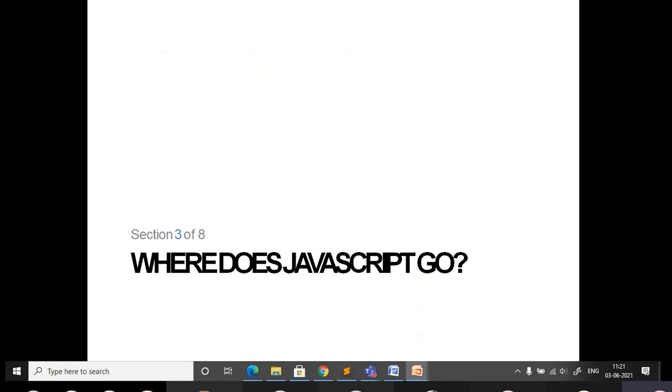So that is all about the two terms you need to remember: graceful degradation and progressive enhancement. Next we'll move on to a very important topic, that is, where does JavaScript go. What is the meaning of that? Can somebody tell what the meaning of this is? Where does JavaScript go? You should respond. The meaning here is where you have to write the code for JavaScript. Obviously, it has to be embedded in the HTML finally, but in the HTML, where are you going to write the code?